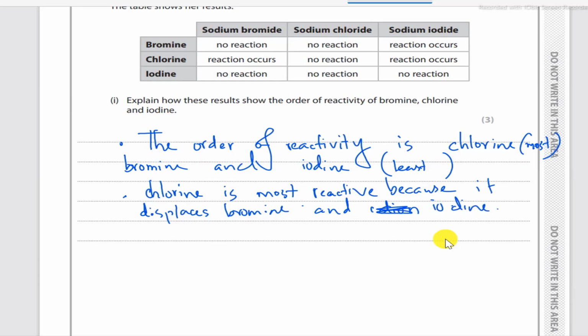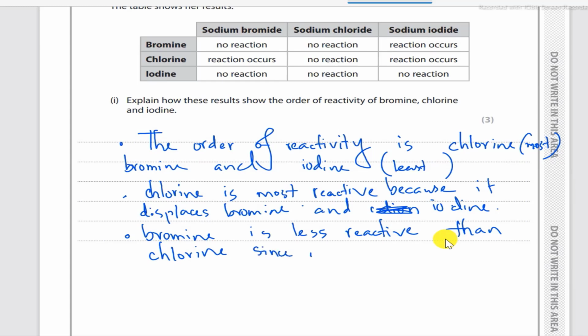Iodine. Bromine is less reactive than chlorine. Since it only displaces